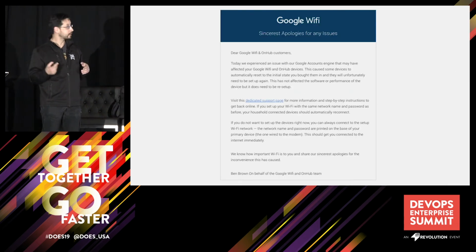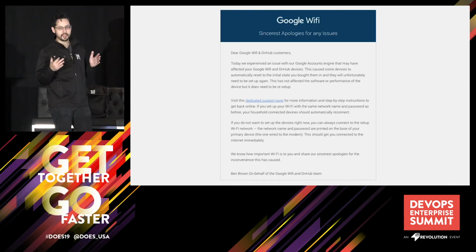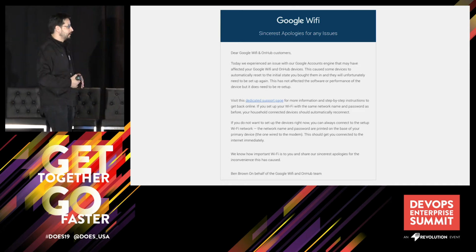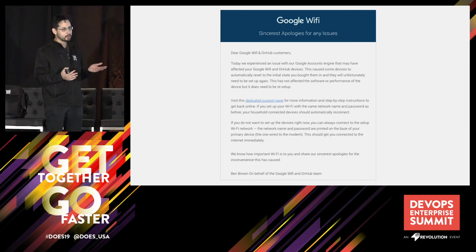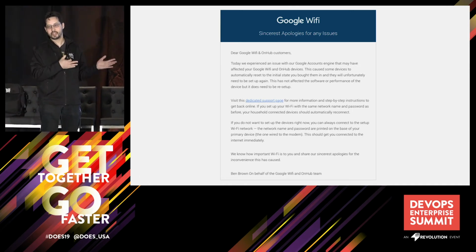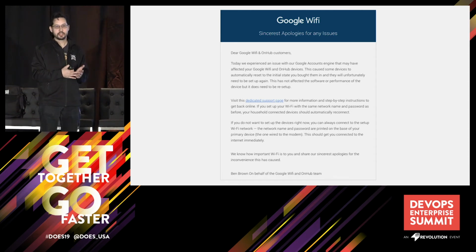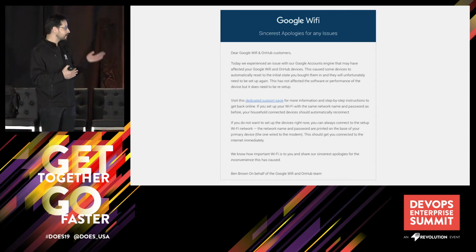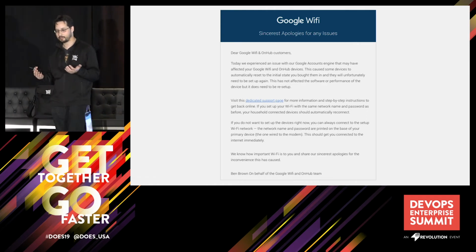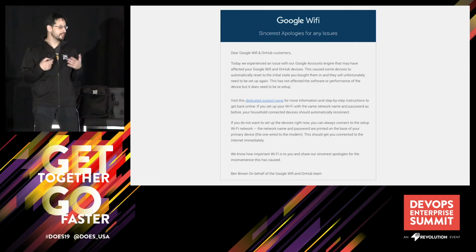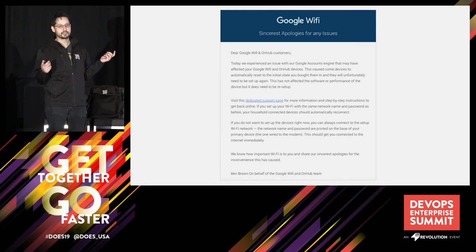Well, of course, a lot, because the Wi-Fi hub is how you get access to the internet. Google pushed an update where they actually broke and reset the settings on the routers. Because the routers were your only access to the internet, they couldn't then push an update to fix it. So this is a problem. There is a fix to this, but it is slightly complicated.